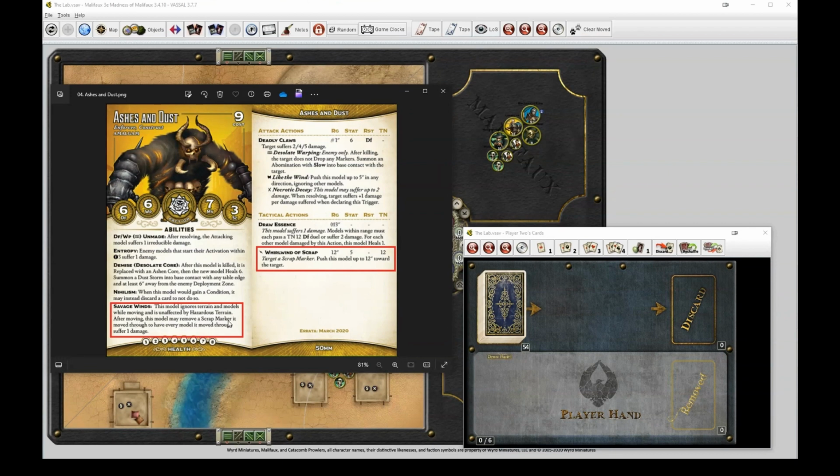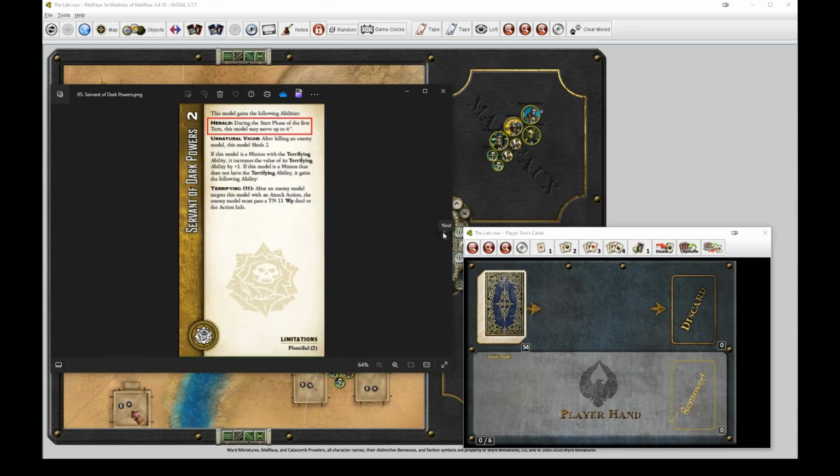After moving, you can pull up a scrap it moved through to have every model it moved through suffer 1 damage. We don't really care about the second sentence. We just care about the first. Basically, you get to walk through everybody, walk through walls, show up on the other side, be scary. We have him with Servant just so we can get Herald, which is during the start phase of the first turn, move up to 6 inches,